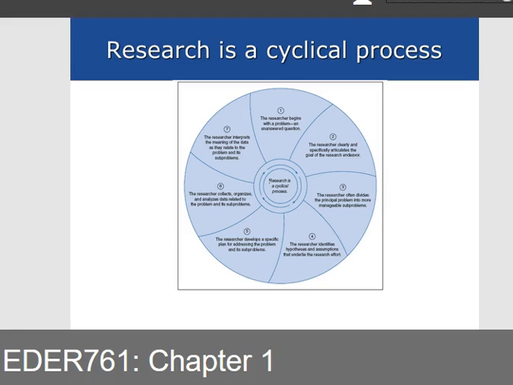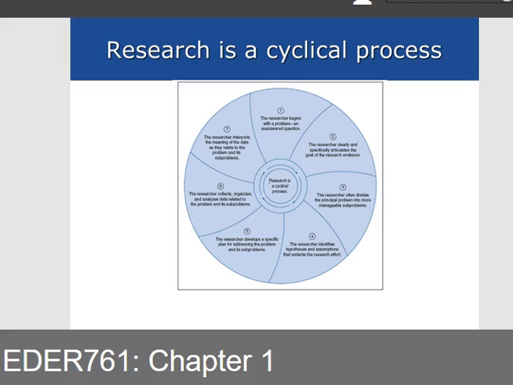I'd be happy to do so. Start thinking about what you might want to study for your own project, and then start proposing it here, and that might be a springboard for some of the work that you do later on. For those of you who do not need to complete a thesis research project or dissertation,